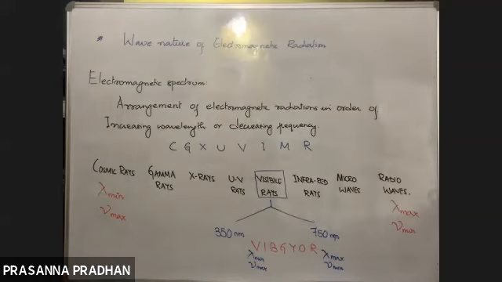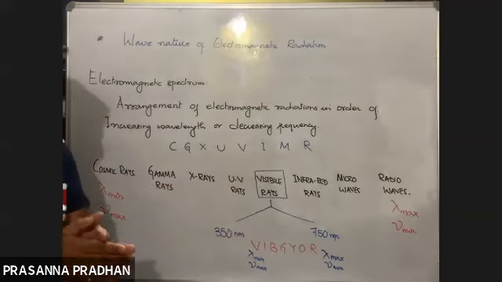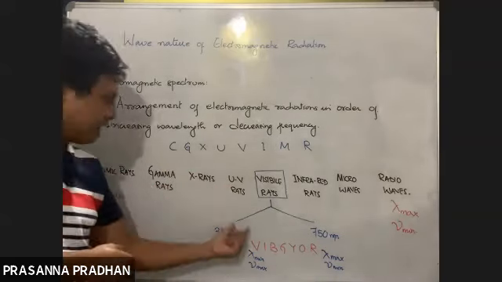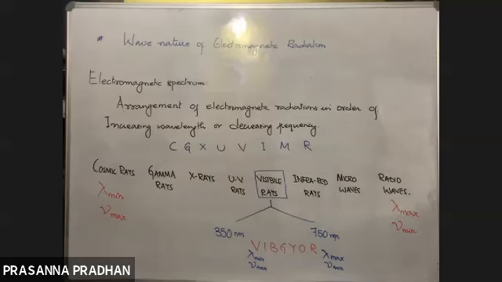Why are these 7 colors known as VIBGYOR? Because each color has its own wavelength. The arrangement of these 7 visible colors in order of increasing wavelength gives rise to the visible spectrum. Till here it's fine. Is the concept of electromagnetic radiation understood?